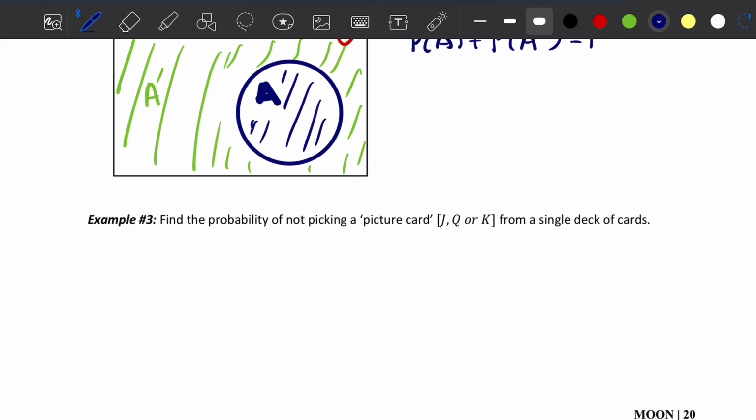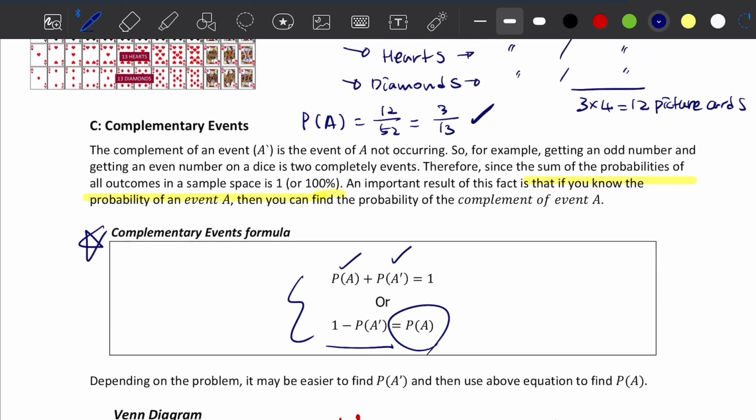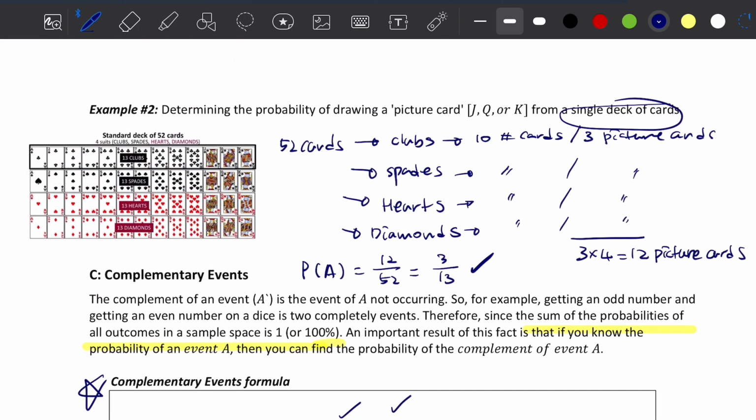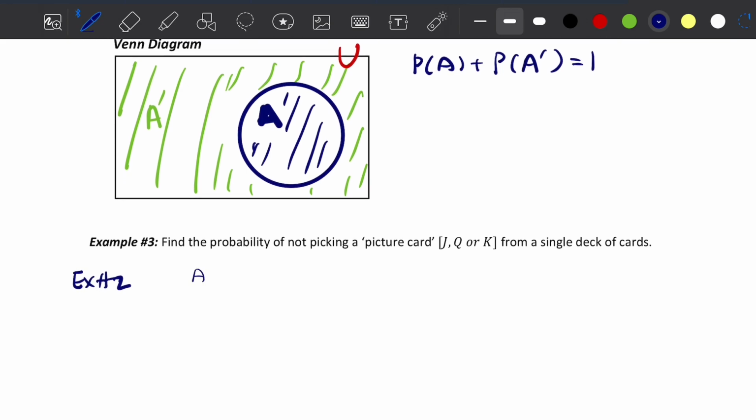Then let's do example 3. We need to find the probability of not picking a picture card, J, Q, or K, from a single deck of cards, right? J means Jack, Queen, or King. So from example number 2, we have calculated that drawing a picture card is 3 over 13, right? So event A means drawing a picture card